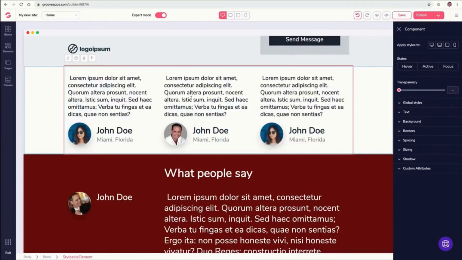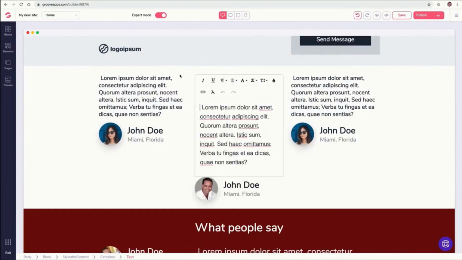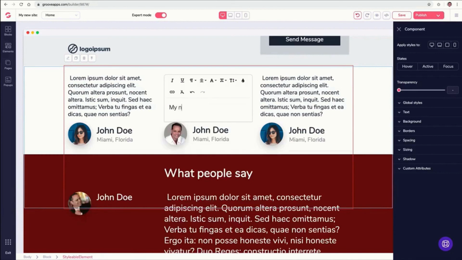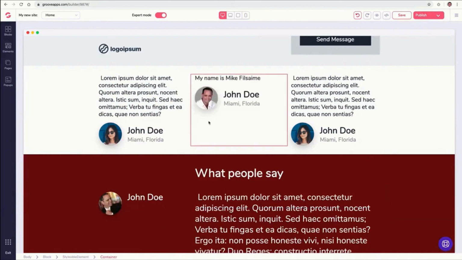Okay, now let's talk about text. And when I see the text icon, that opens up this text editor for me, just like this, and I can start typing, just like that. And again,